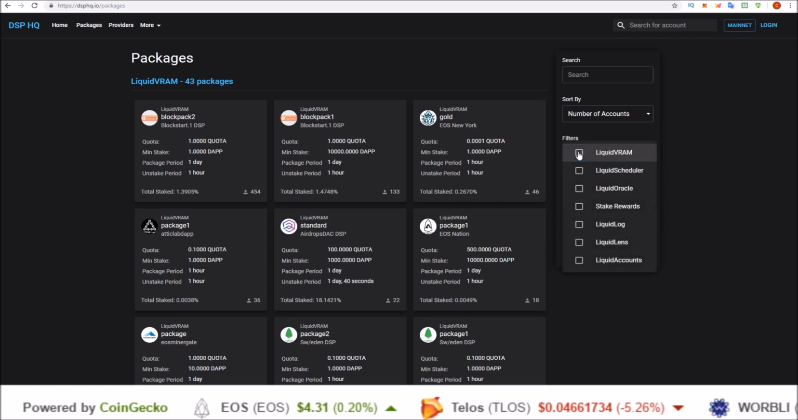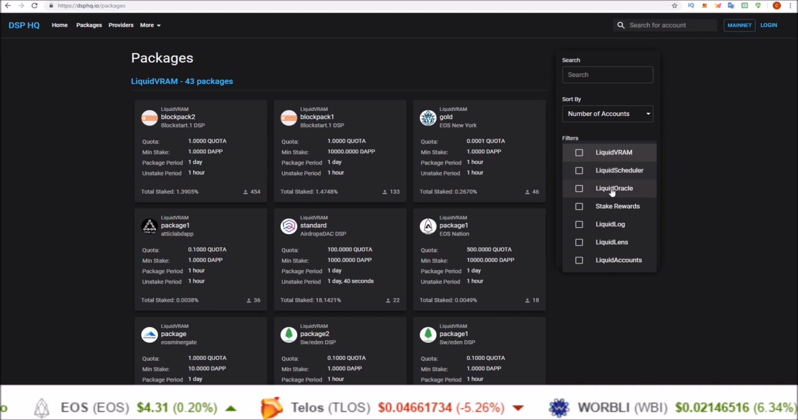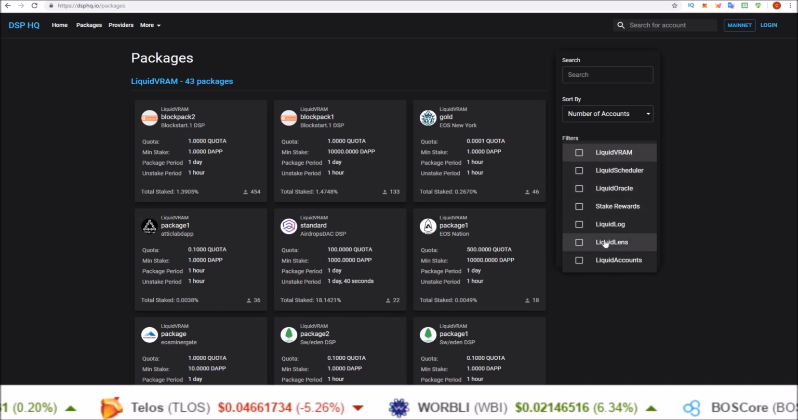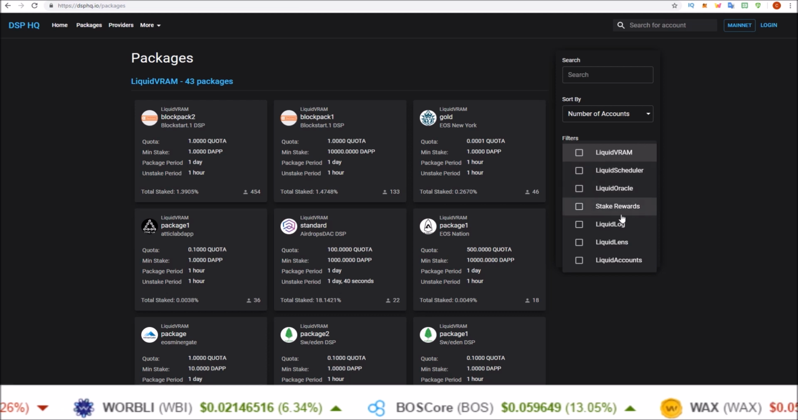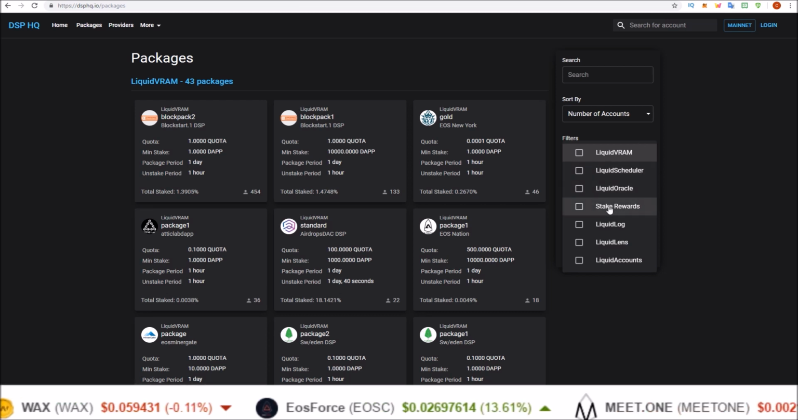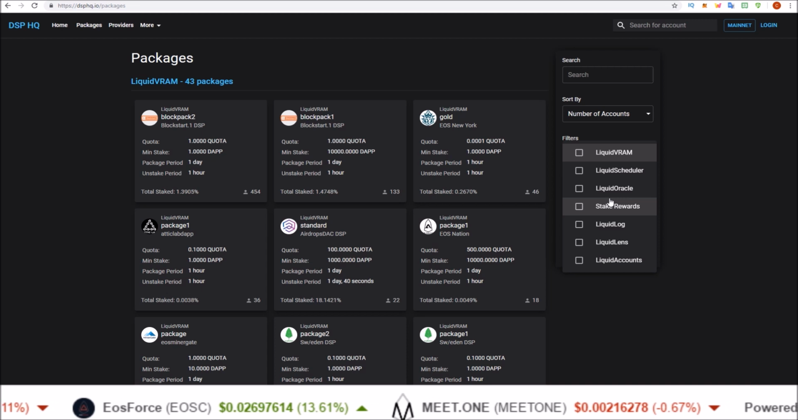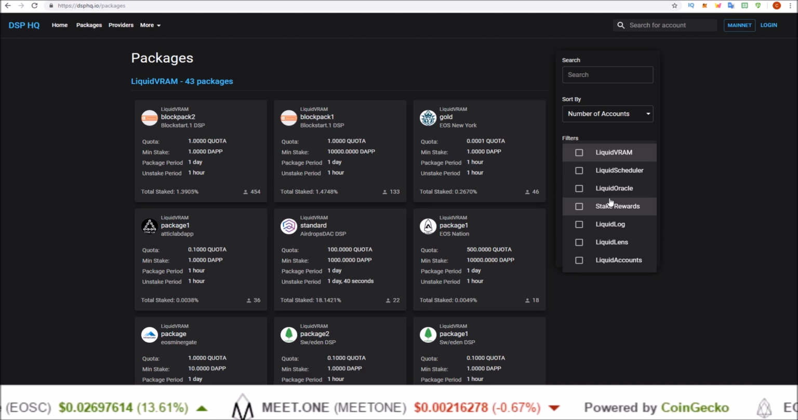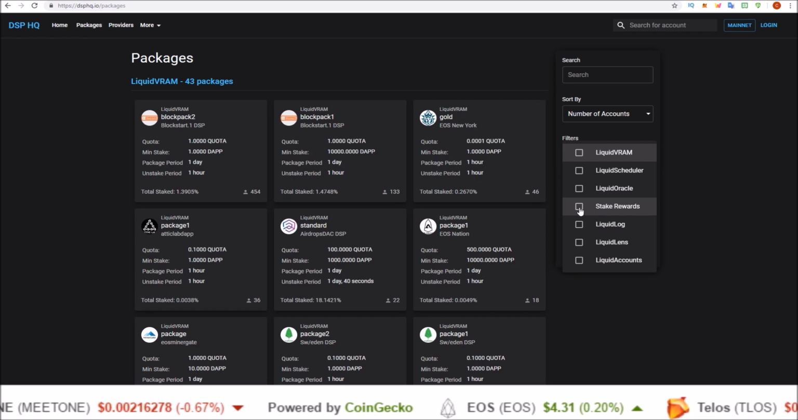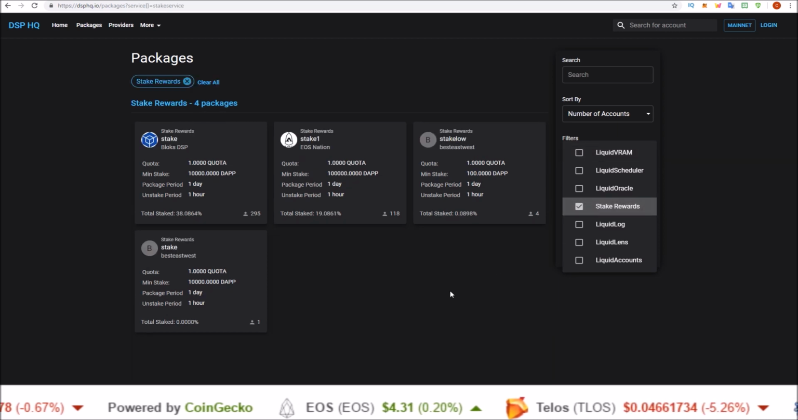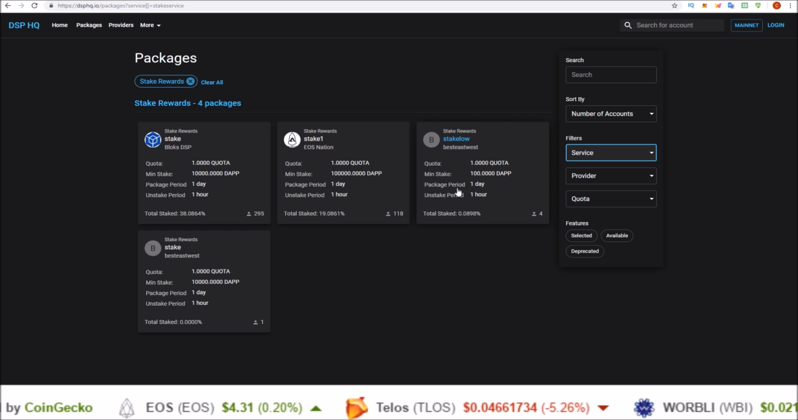Filter by service. You have VRAM, scheduler, Oracle, Liquid Log, Liquid Lens, Liquid Accounts. Most of these you probably won't need, but then there is stake rewards. So just as an everyday EOS user with some DAPP tokens, like myself, I am only looking for the stake rewards at this point. So click the stake rewards in the filters, and that pops up the different packages that